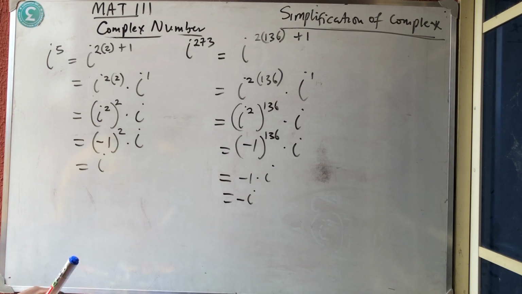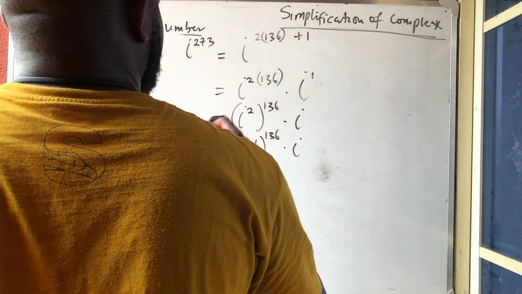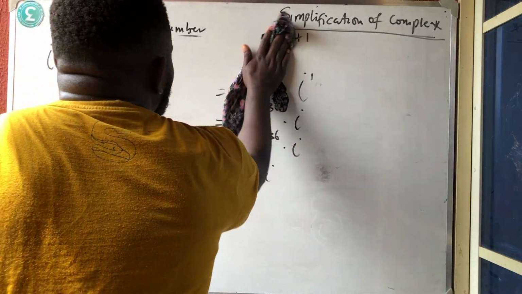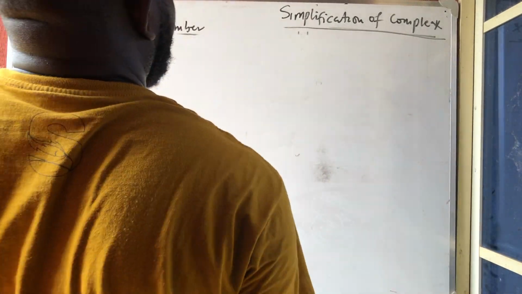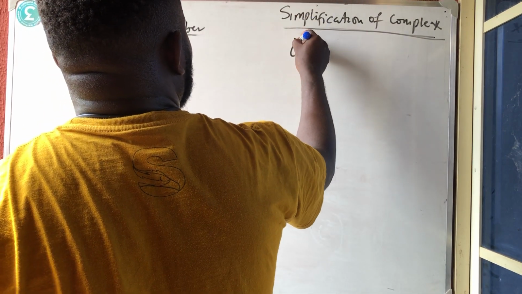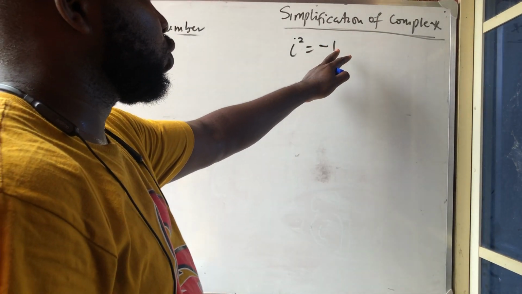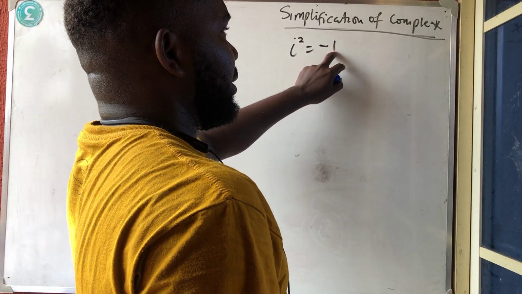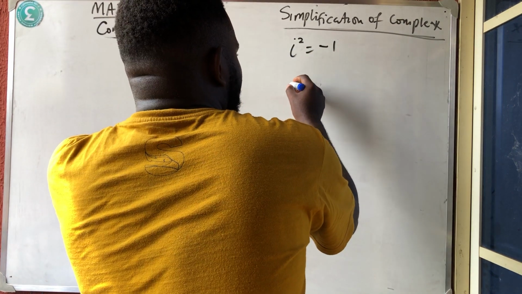But this has a shortcut. Okay, let me show you the shortcut now. The shortcut says, first of all, write that i squared is minus 1, that we know. Now this will show you that you are having 1 here. So an i is even number. It says if the power is even,